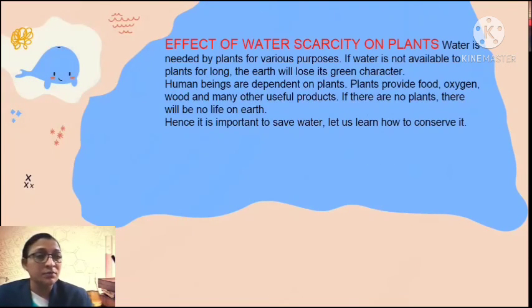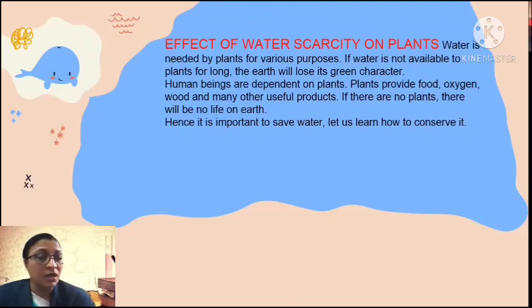Let's see some effects of water scarcity on plants. As we know, plants need water in large amounts for various purposes. If water is not available to the plants for a long time, the earth will lose its green character, as all the forests and green lands or grasslands will dry up.